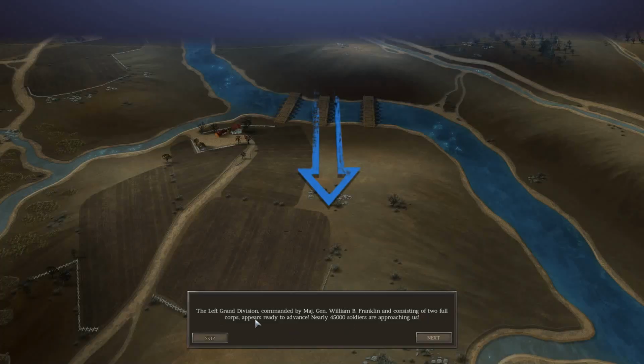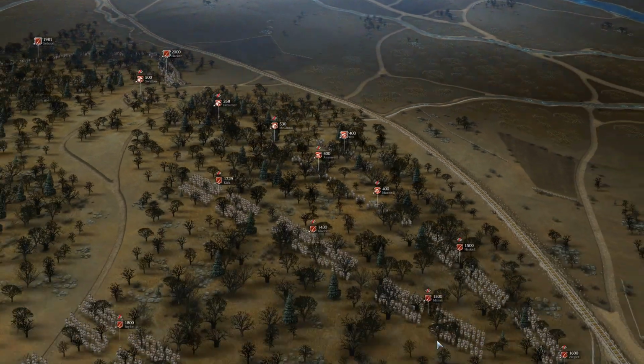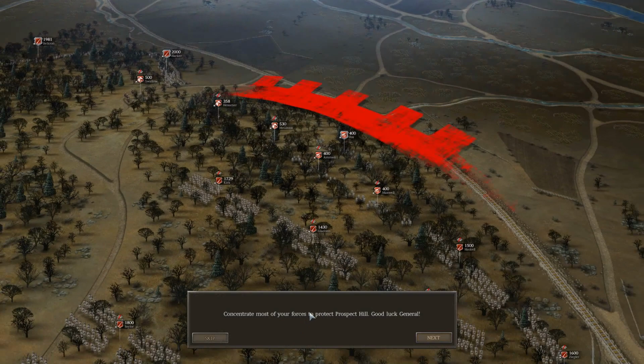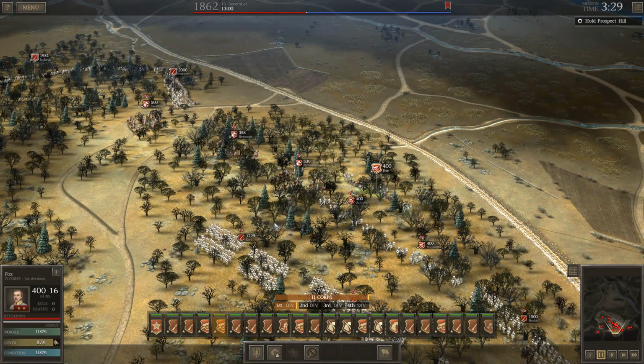The Left Grand Division, commanded by Major General William B. Franklin, consisting of 2 full corps, appears ready to advance. Nearly 45,000 soldiers are approaching us. Concentrate most of your forces to protect Prospect Hill. Good luck, General. I'm just going to pause it real quick here because...